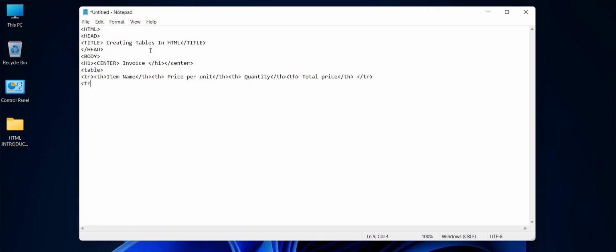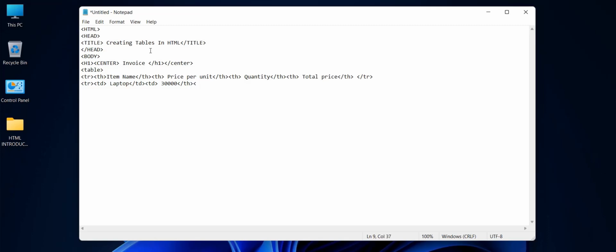Now we'll create another table row, and this time instead of th we write td. TD stands for table data. So we need to write the table data because it's the data of the table and not the heading of the table. So now I'll write TD laptop, then TD closed, again TD, and the price per unit I'll write maybe 30,000, and I'll end the TD.